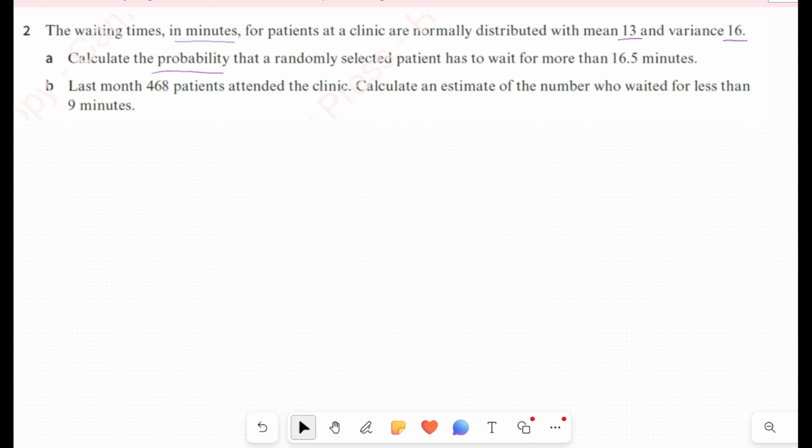So if we have to wait more, first of all, let us write that X is normally distributed, with 13 and 16. If you want to make standardization, it's going to be X minus 13 divided by 4. Then, the probability that we have to wait more than